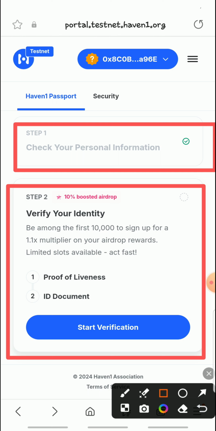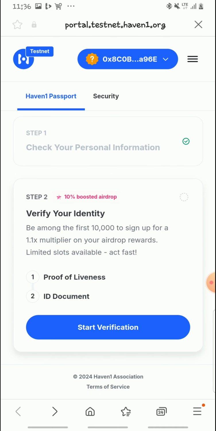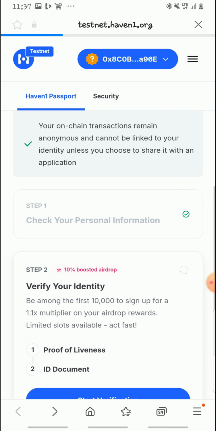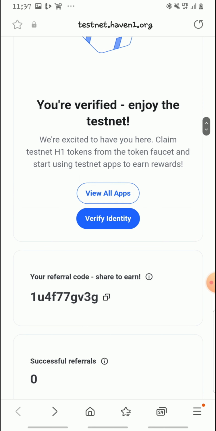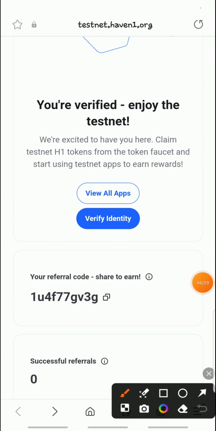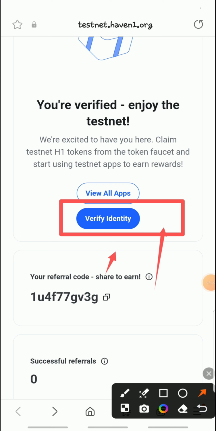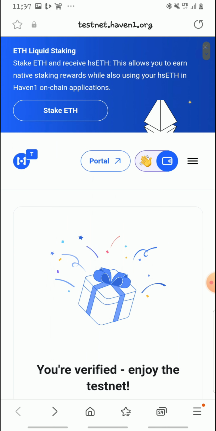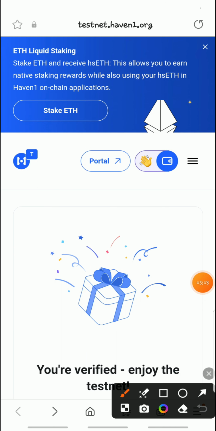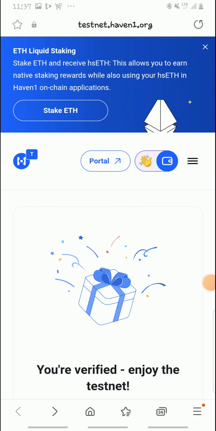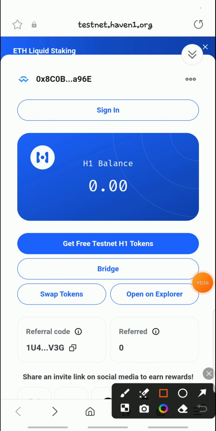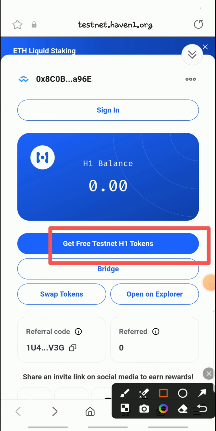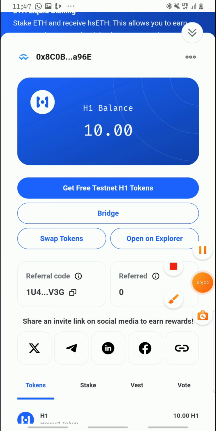Now you can go back to claiming. Just go back to the home page, the previous page. There it is. So basically we are verifying our identity. When you're done with that, come back here to wallet. Then you can just be claiming your free testnet tokens here. So basically that's how you participate for the free testnet H1 tokens. So that's how you claim your